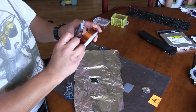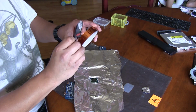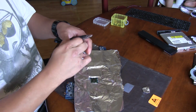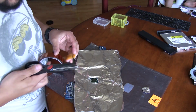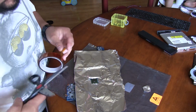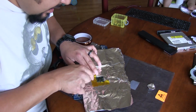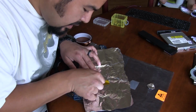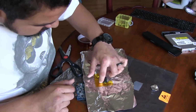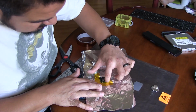I'm going to be using this to stick the aluminum to the board, and I'm just going to try to get it as close as possible to the GPU. And I want to get it as tight on the board here as possible because the flux tends to leak in underneath the tape and then